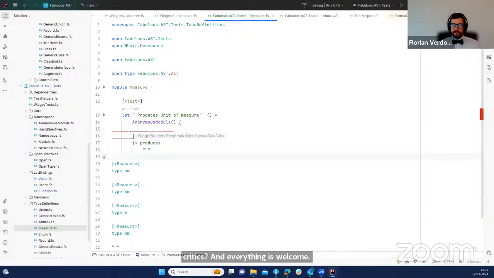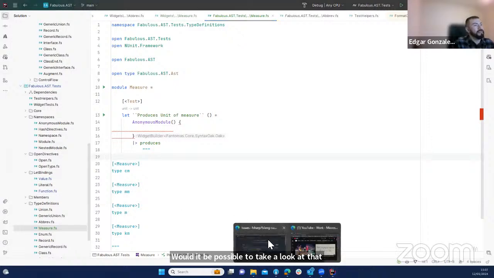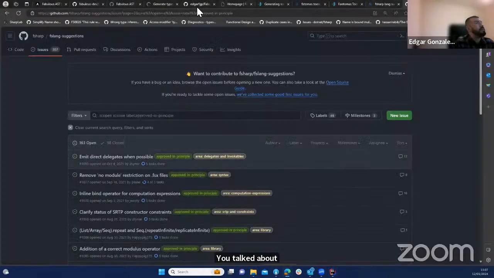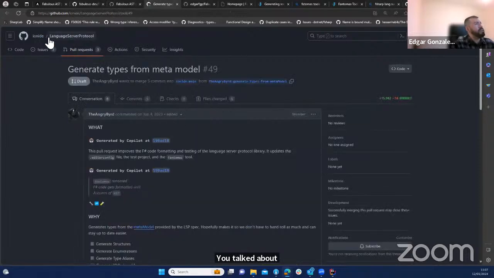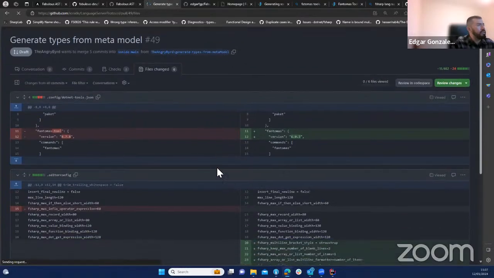Would it be possible to take a look at that Ionide code you talked about? Yeah, sorry. So yes, please. If I go to generate types, this is on the Ionide Language Server Protocol, and this is a PR by Jimmy, and this uses a